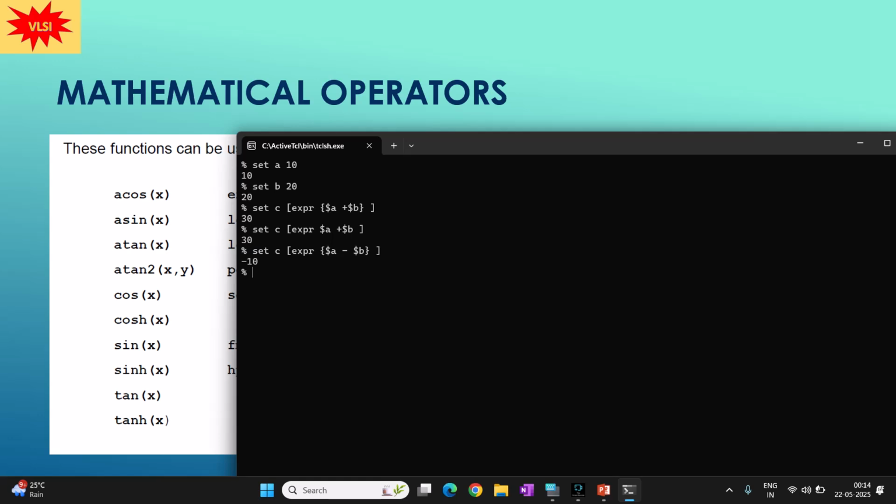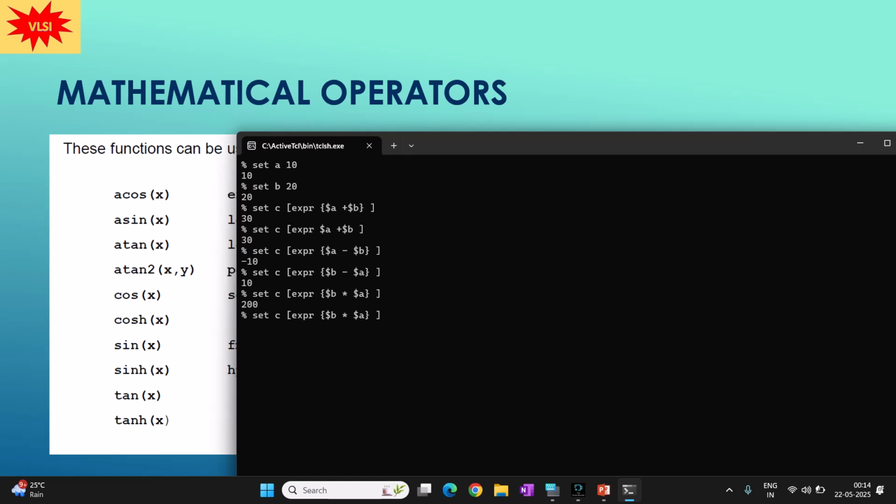Now, when I'm doing expr $A minus $B, it's giving you minus 10, which is correct. So here it shows that TCL understands not only positive numbers, but negative numbers as well. And when I'm doing $B minus $A, it's giving you plus 10. So in these two commands, you can see the difference. Now let's see multiplication,